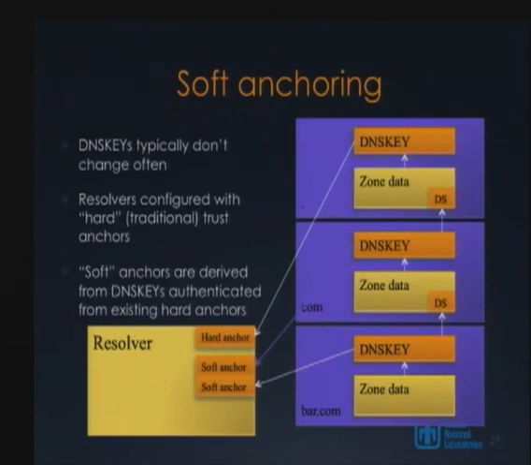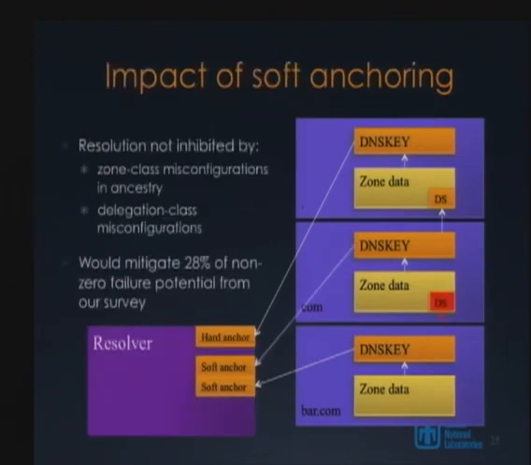Okay, and then if there's some kind of break, like in this case, if the DS record doesn't map appropriately like it should to a DNS key in the child zone, but we've maintained the soft anchor, and we know the soft anchor is good, so we can try that. We still have a path into validating the child DNS key and therefore the data below there. So if we're using the soft anchor approach, this still works, assuming that we've pre-authenticated it using the chain